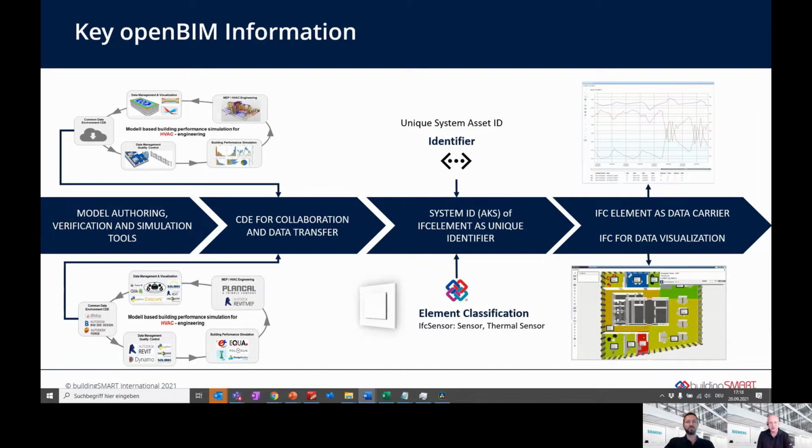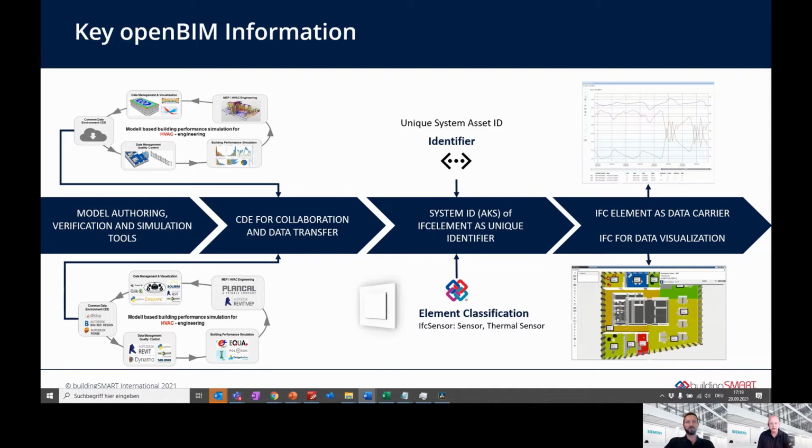In the common data environment, each data point was connected to its corresponding IFC element, and the asset ID, or AKS ID in German, written into the IFC sensor, was also the unique identifier in all three data sources. The gap is calculated in the Desigo, and we use the IFC space of the corresponding rooms to display the gap values in a color gradient. In this way, the client has a very quick, intuitive, and understandable way to get a live overview of how his building is